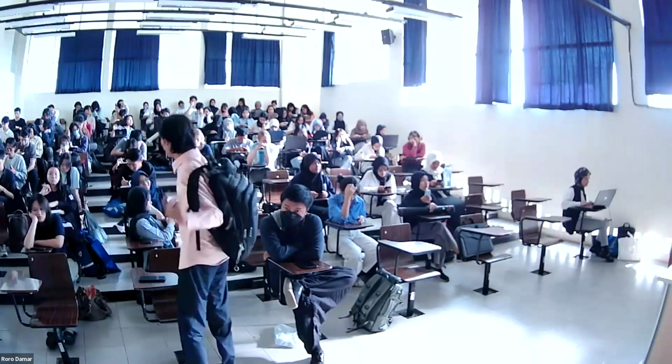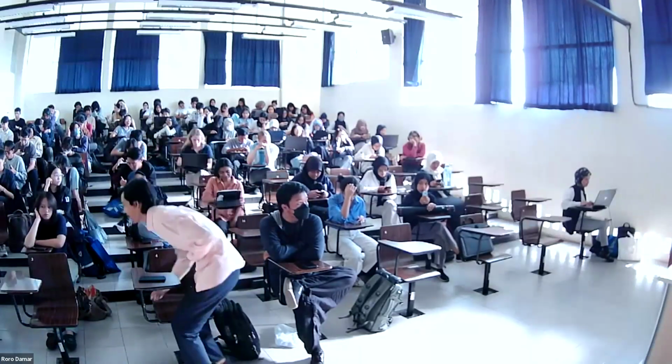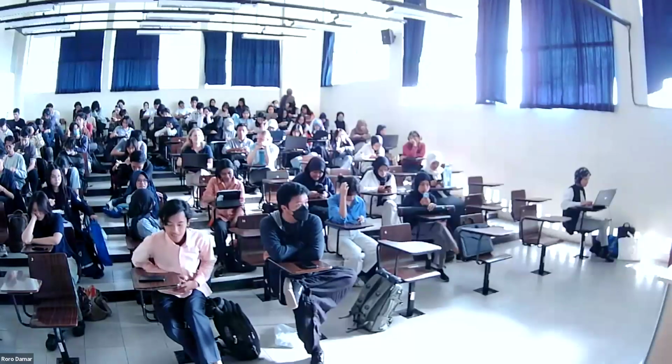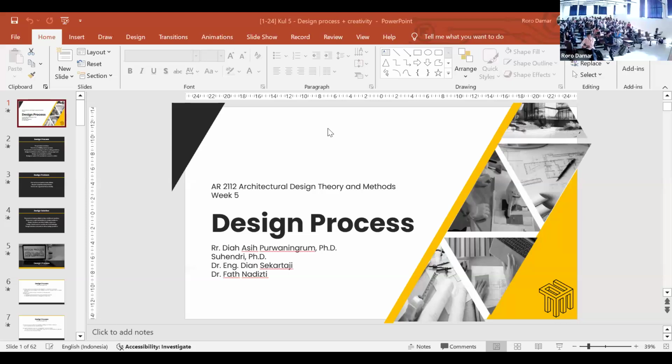Kenceng banget. Ini tuh berapa kali kemarin juga ya. Yang ke-share itu, yang pas Pak Firman tuh yang ke-share. Tunggu. Yang ke-share itu ininya. Yang presenter view-nya. Ini gimana caranya supaya enggak display setting, duplicate slideshow.